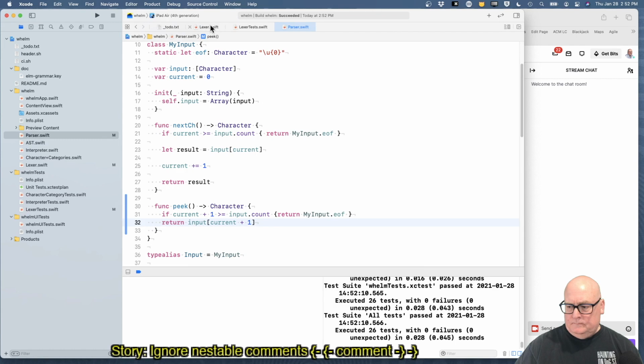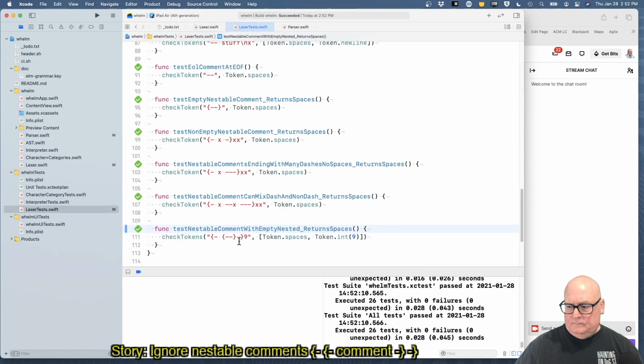Okay, so let's see our test. Yeah, I think our test is sort of the best case. We do this stuff, we get the non-stuff, we find a brace with a dash, we go in and consume that up to here. Leaving it at the dash, we come back and say dashes. But the error case I'm worried about,